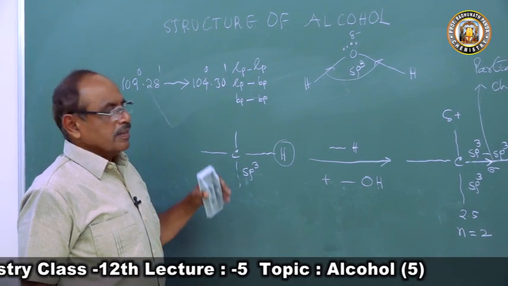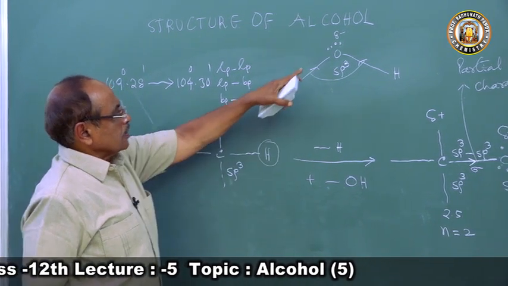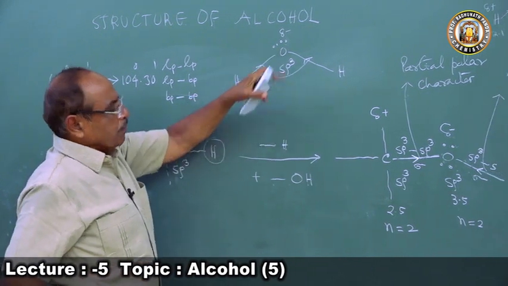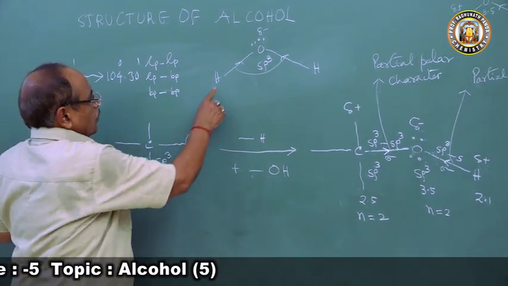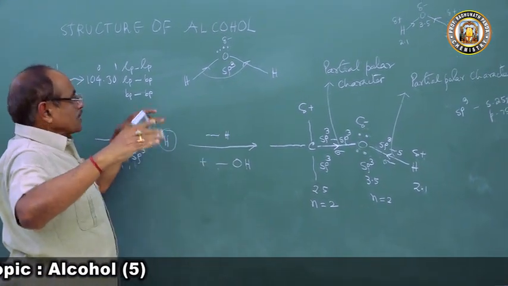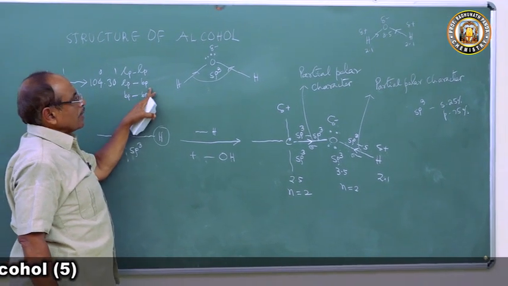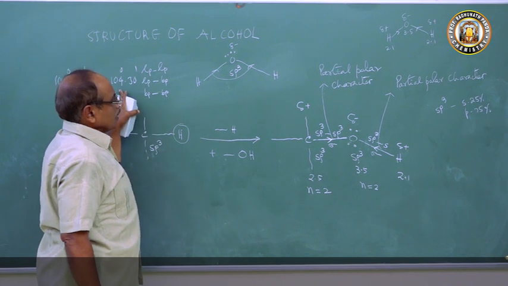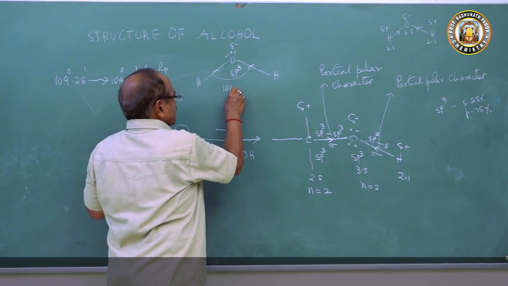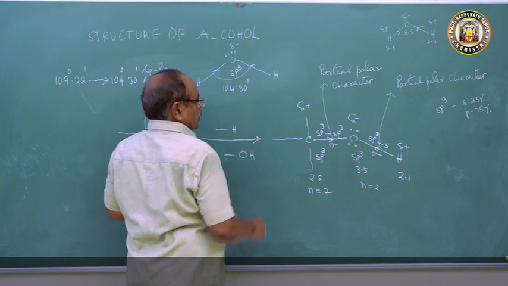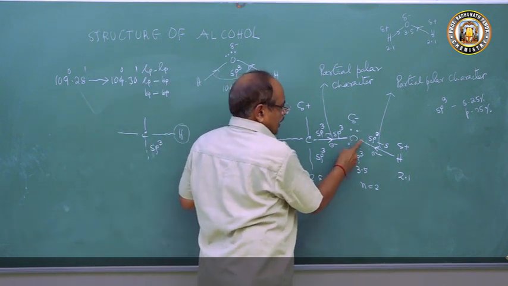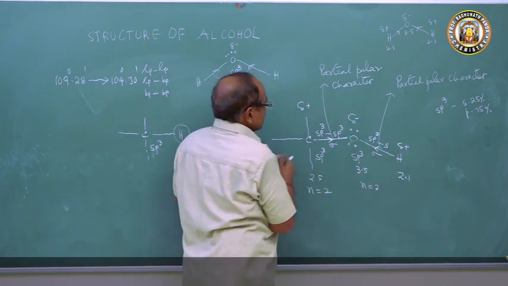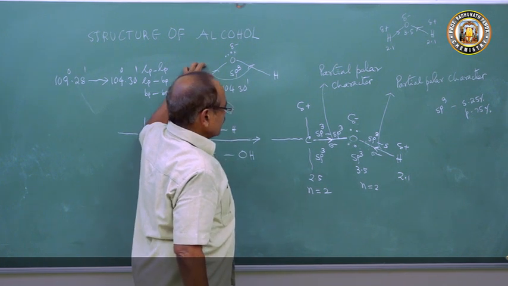Because of the drift of electron pair, there is lone pair repulsion. There is lone pair-bond pair repulsion and bond pair-bond pair repulsion. So because of all three factors, the bond angle is 104 degrees 30 minutes. Here also the same thing happens; this side is sp3 hybridization, and the hydrogen atom of water is